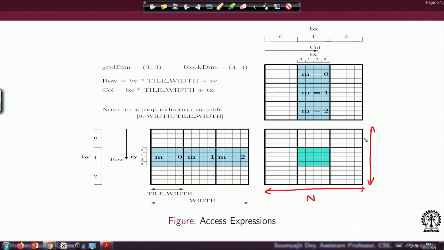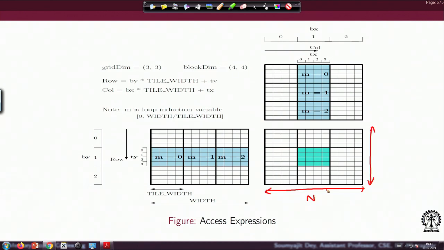The grid is a collection of 3 cross 3, that is 9 blocks distributed in 2 dimensions, and inside each block I have a 2-dimensional arrangement of threads in 4 cross 4. This is an example where I am holding n as 12. This is of course a simplistic example.